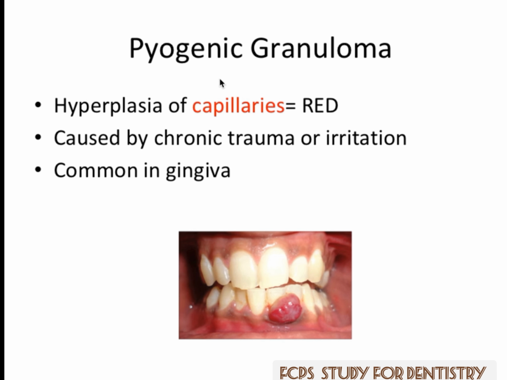Next, we have pyogenic granuloma. This is another pretty common one, and it's the hyperplasia of capillaries. So it helps in the clinical presentation making sense of it because it's this usually bright, very vivid